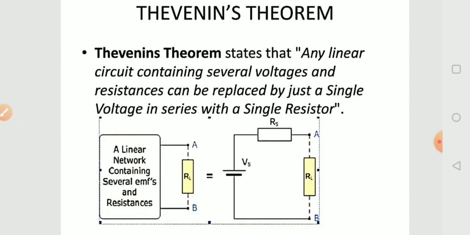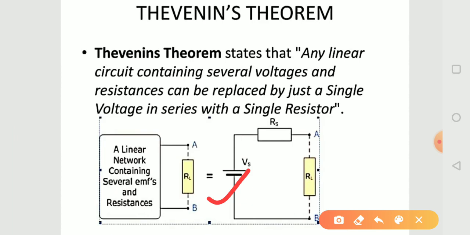We just apply an equivalent circuit with a single voltage source and a series resistance connected to the load, where this voltage is called Thevenin's voltage, which is obtained between the terminals where the load is connected,